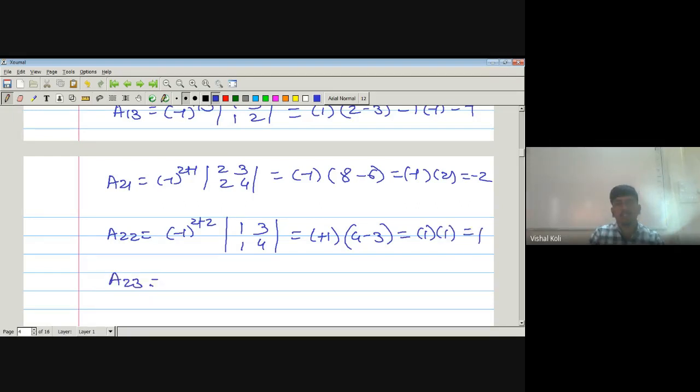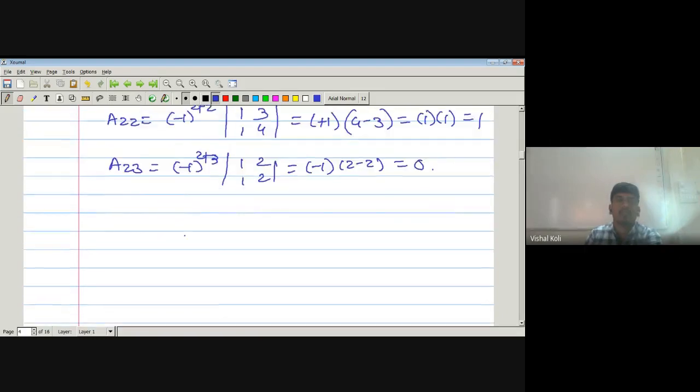Similarly, A23 is equal to (-1) to the power 2+3 into |1 2; 1 2|, which is equal to minus 1 into (2 minus 2), and anything into 0 will be 0. Now A31